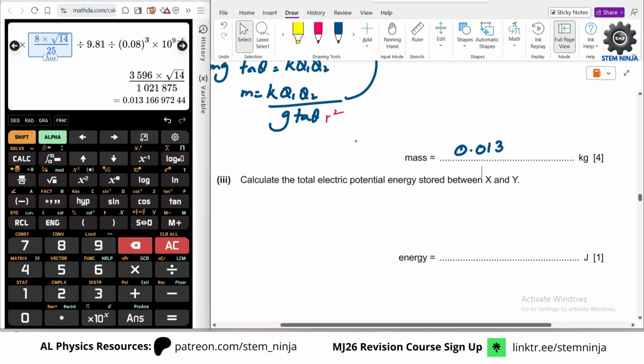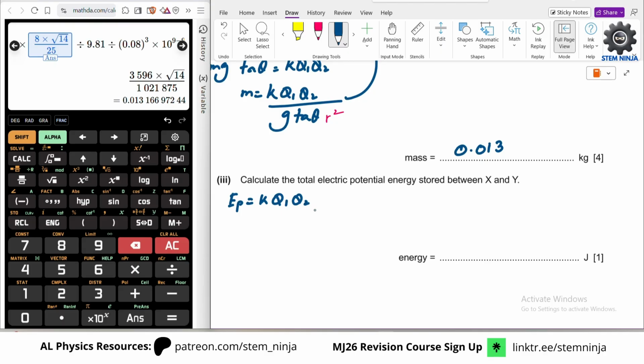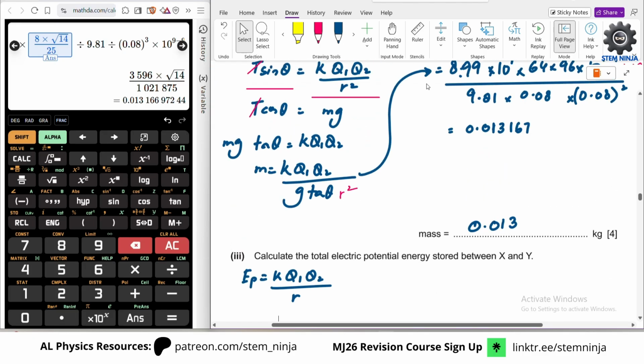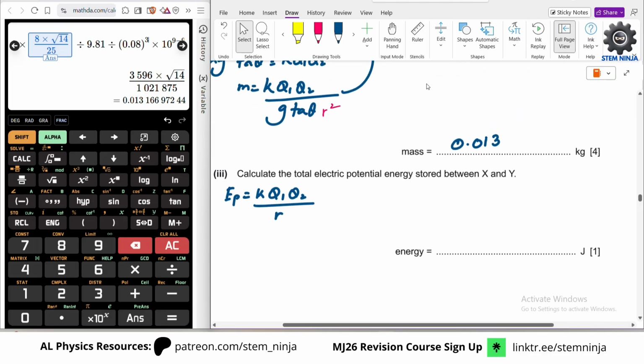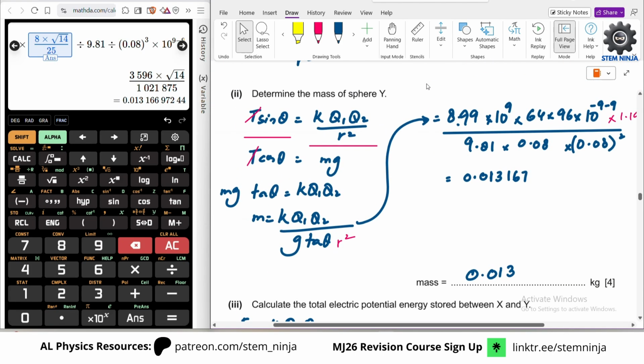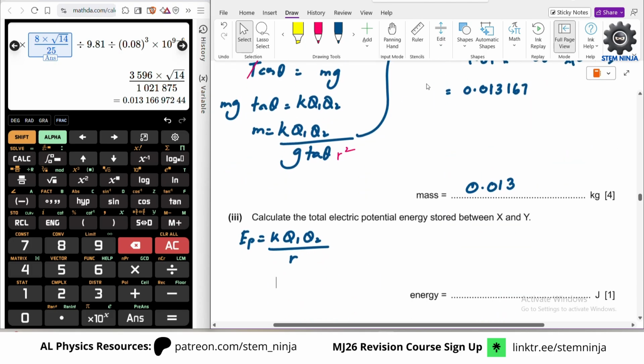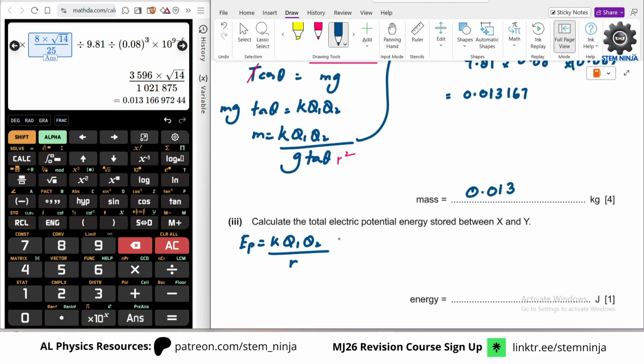Calculate the total electric potential energy stored between x and y. So EP basically is just K Q1 Q2 over R. Okay. Is there anything that we have calculated that can help us? Because this is 1 mark, although the calculation is fine, but there should be something. Okay, never mind, we can just simply calculate it. So 8.99, 10 raised to the power 9,